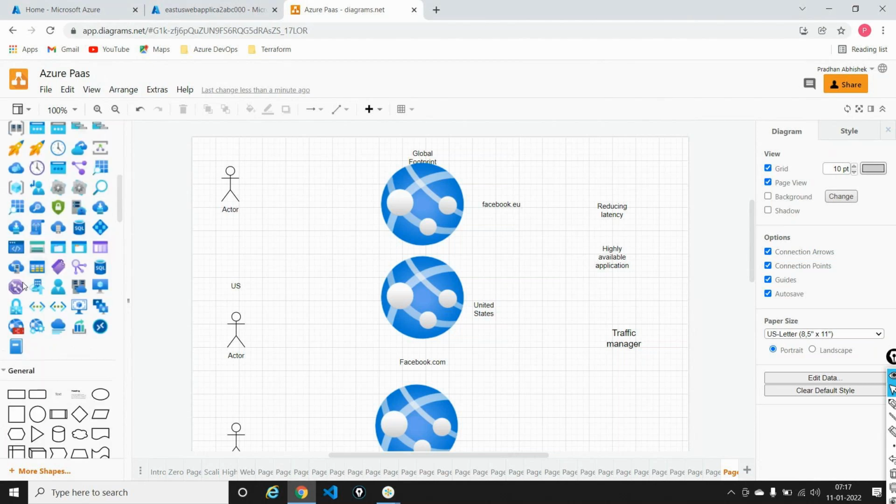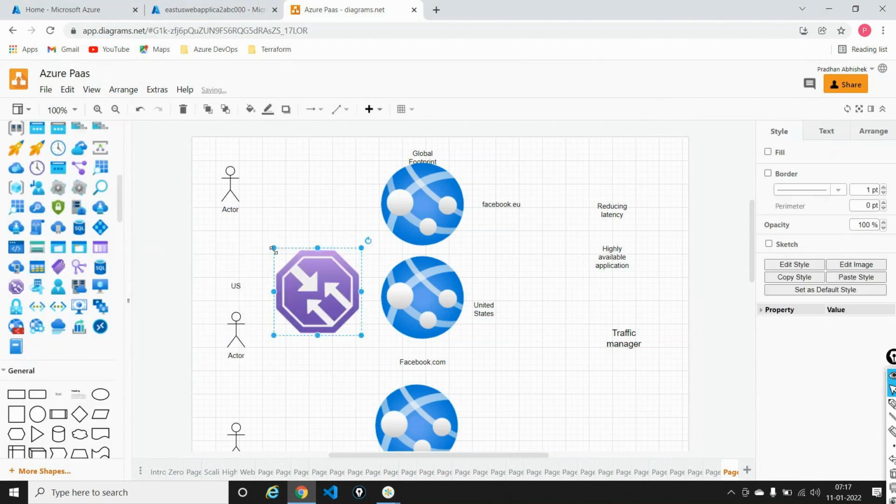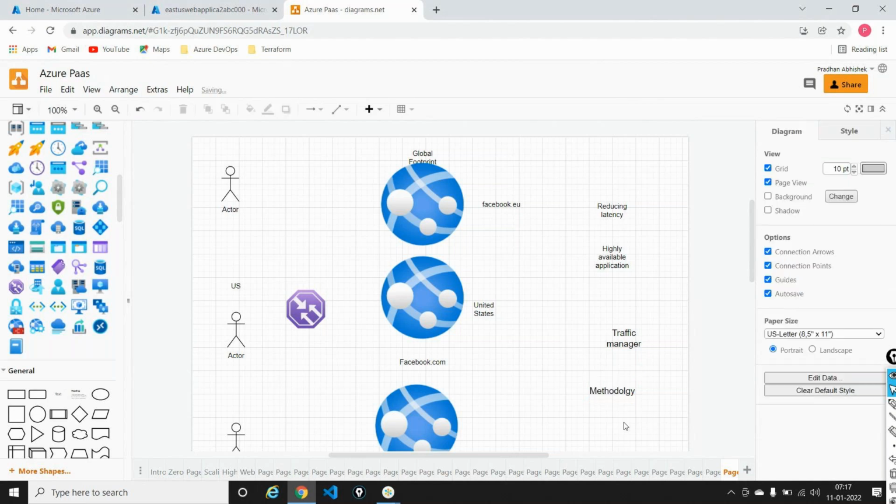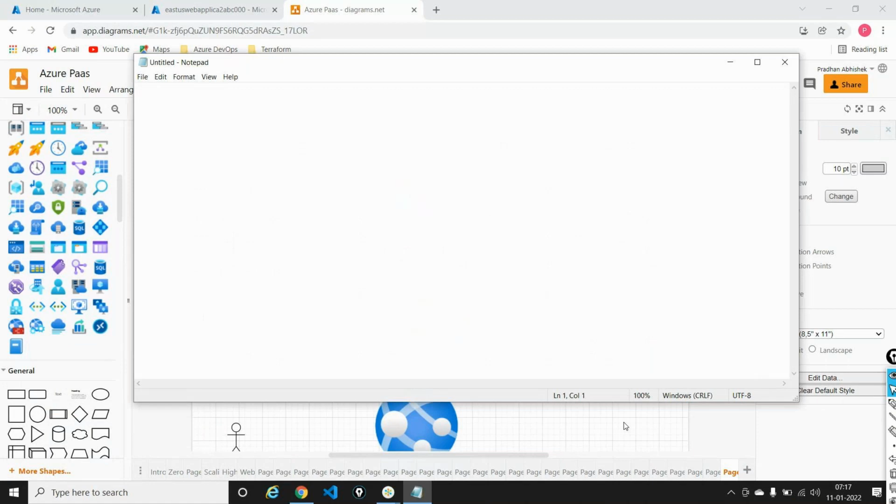But when I introduce something called a traffic manager, it works on something called methodology. Very important, methodology. Meaning it will ask you, how do you want to divert your traffic? Like, what is the method that I need to follow to divert my traffic? And by default, there are a couple of methods that are available called